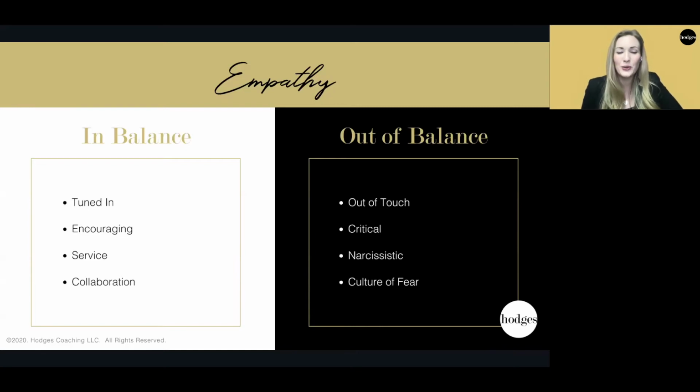They are somebody who demonstrates a lot of service, right? They get down and dirty with the people with whom they're working. So they don't mind doing the grunt work, because the grunt work is important, and they see the people who have menial tasks, or the kind of invisible people, and that's really important. And they collaborate. They're open to new ideas. They want to collaborate with you. They want to know, hey, do you have ideas that are better than mine? Where do they come from? They want to tune in.